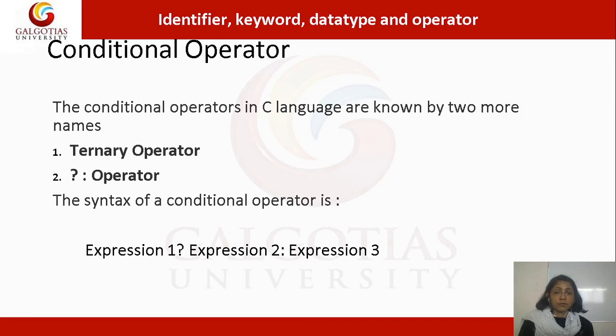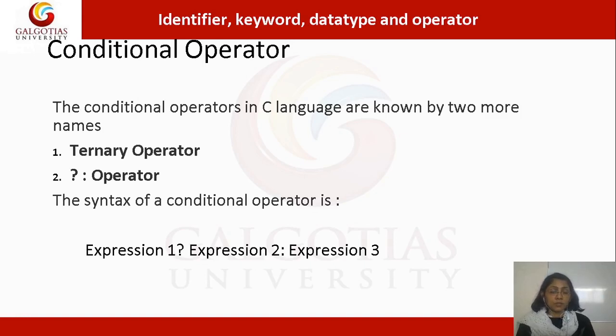This will be part of your expression one. Now, if your number is 4, 4 mod 2 equal to 0 is true, so in expression two we write printf even, and in expression three printf odd. Therefore, if the number is 4, it will print even, and if the number is 7, suppose,